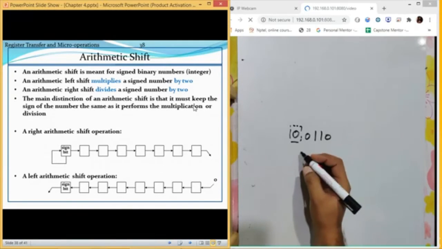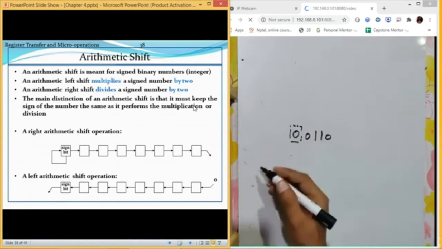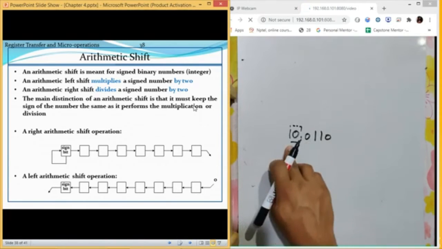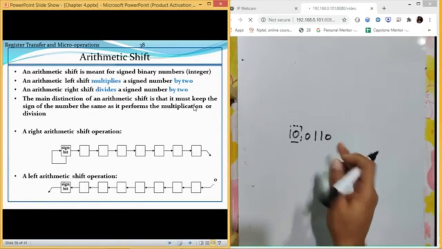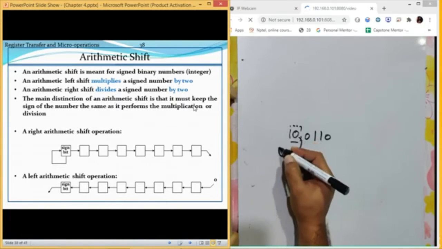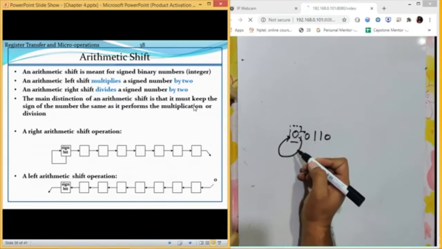So in arithmetic shift right, it is very easy to implement. Now how is it easy? Because I will keep this value at this place and shift the rest of the data. So if I want to perform an arithmetic operation here, first of all, this value will be repeated here and this value will also be forwarded to the next place.